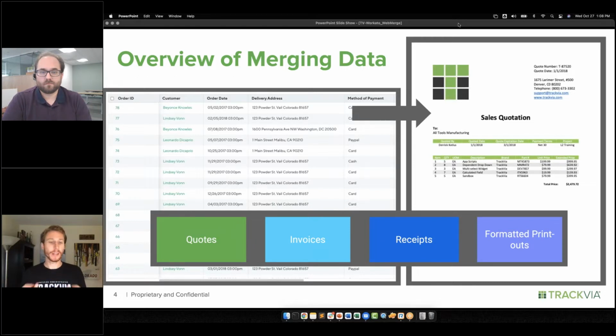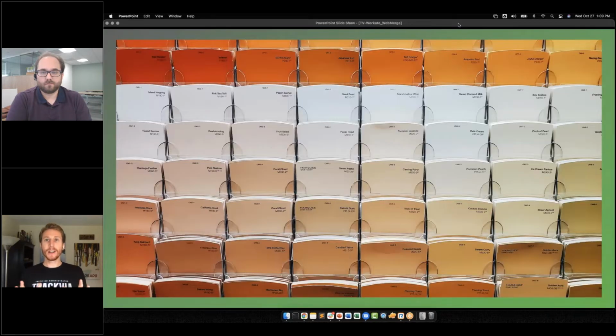That's fine, just creative ideas for how you might use a feature where you could take data from TrackVia and merge it out. Okay, we'll read them at the end, right? So we'll see what folks say at the end that they use this type of functionality for, to give everyone some ideas.